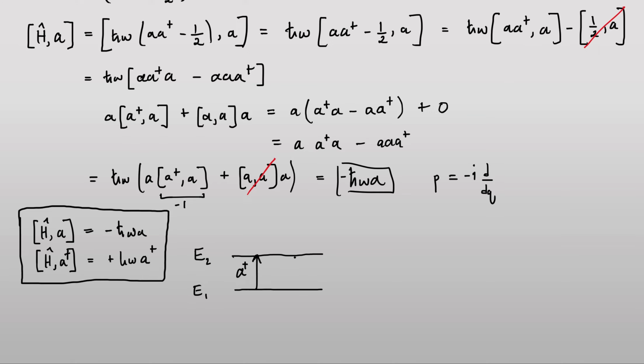Where A minus does is it decreases by one quantized level, like this. Okay, and this is going to lead us into an interesting proposition where we're going to want to define something called the number operator. But before I get into talking about the number operator,